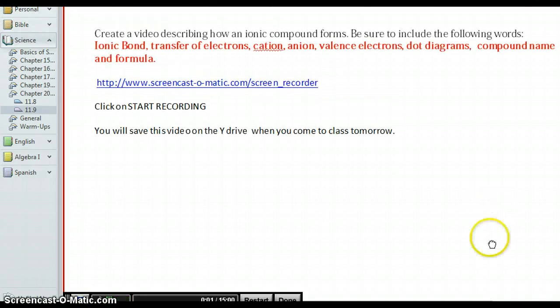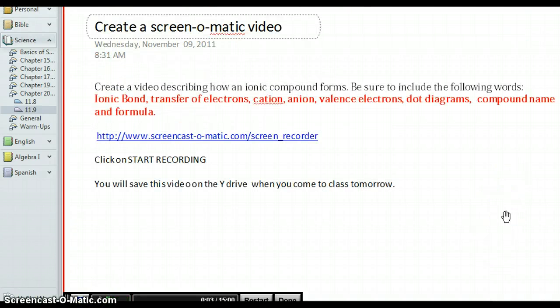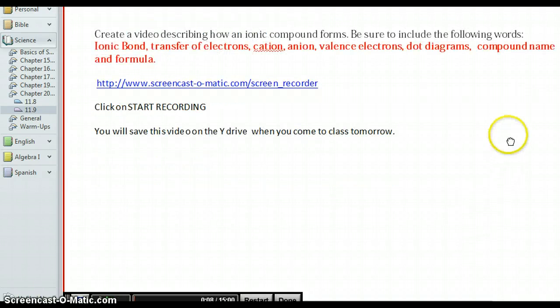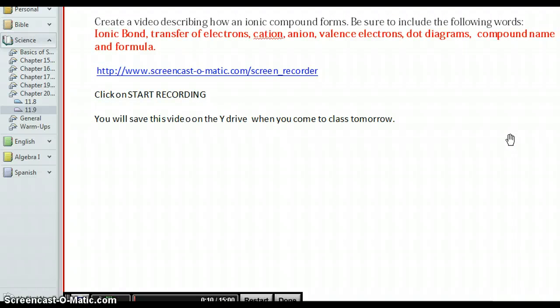Well, right now I'm going to be creating a video on how an ionic compound forms. What happens is the ionic bond and the transfer of electrons basically allows it to come together, forming a compound. So say if I put Na, which is sodium,